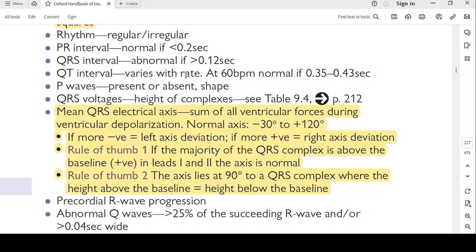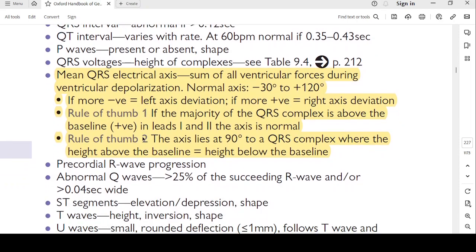QT interval varies with rate. At 60 beats per minute, it's normal if 0.35 to 0.43 seconds. P waves: present or absent, and what is the shape? QRS voltages: the height of the QRS complexes. It's better described on page 212, but